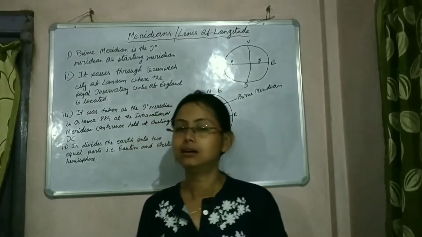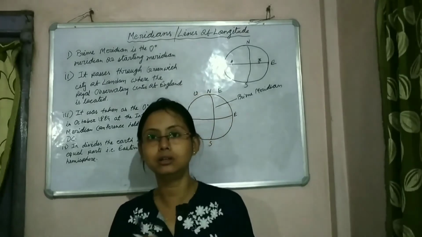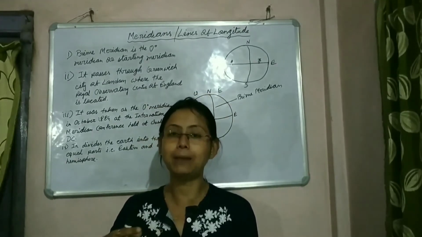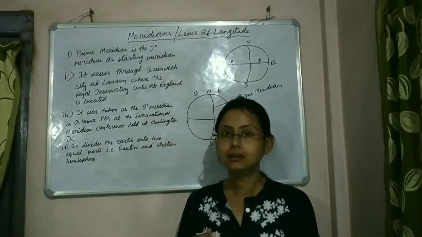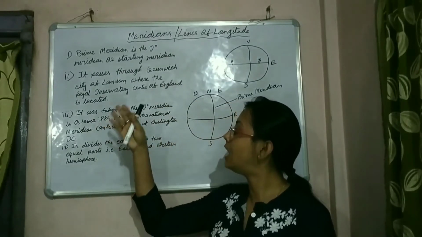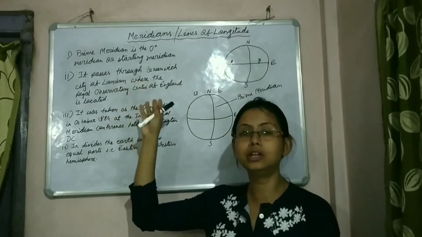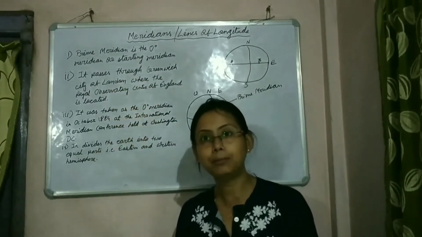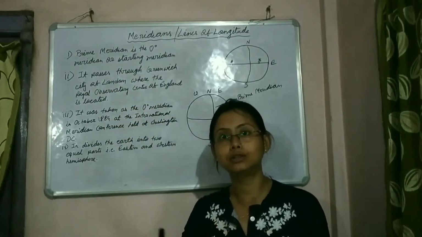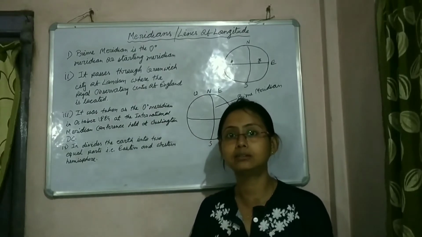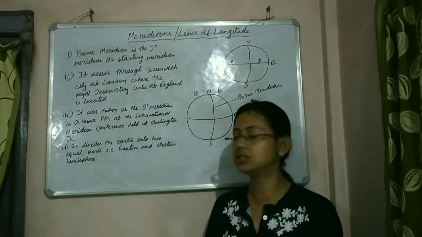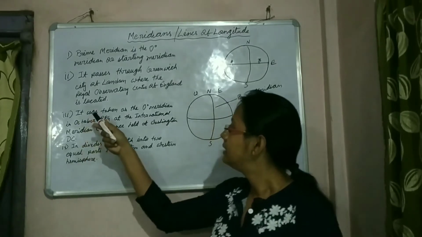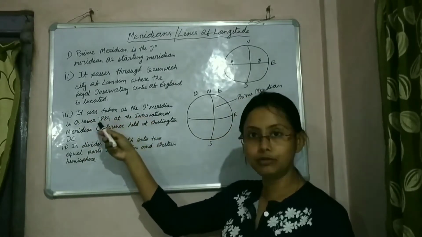Now let's see some more historical information, as the prime meridian has a long history itself. So why and how this prime meridian or Greenwich meridian became the prime meridian of the world, it also has its own journey. To become the prime meridian, it has passed a journey. So what was that journey? It was taken as the Greenwich meridian.